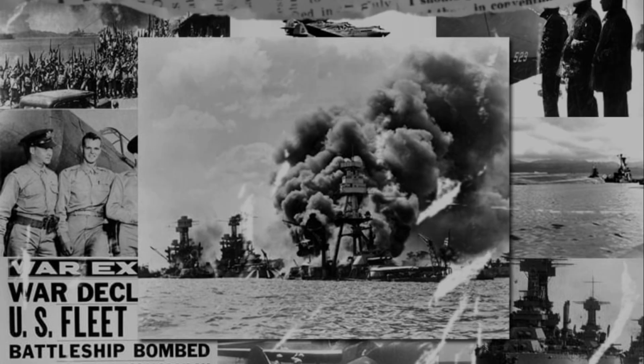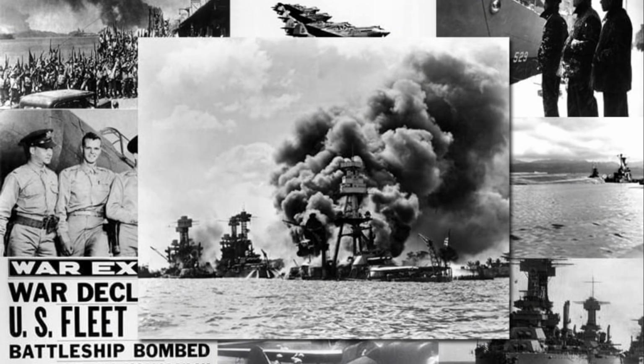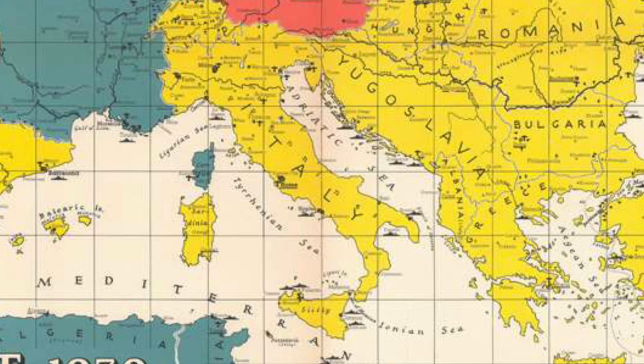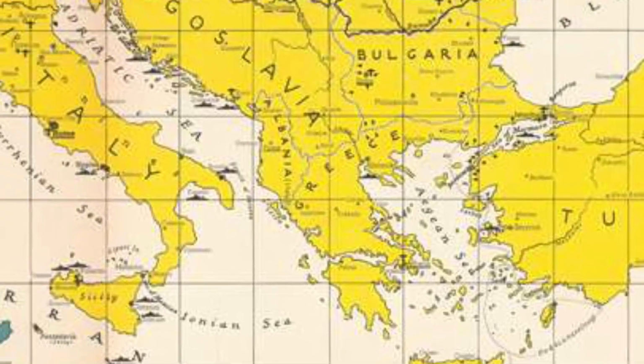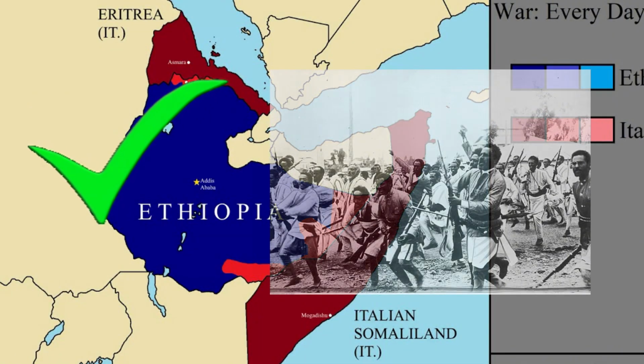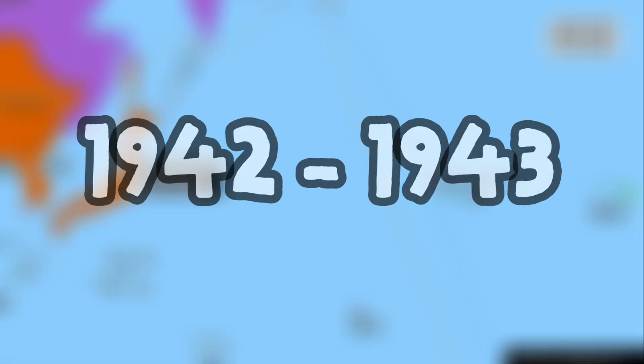Japan sent bombers to the U.S. naval base in Pearl Harbor. This marked a huge factor in the decision of the U.S. to join the war. Italy decided to try and invade East Europe, which included Greece, which backfired and German reinforcements were needed. They also tried to make a campaign in Africa, which worked tremendously, mostly due to African states' unadvanced technology. In 1942 to 1943, the tide started to turn.